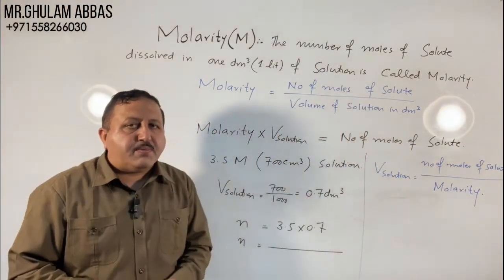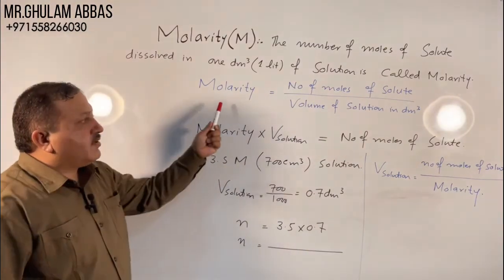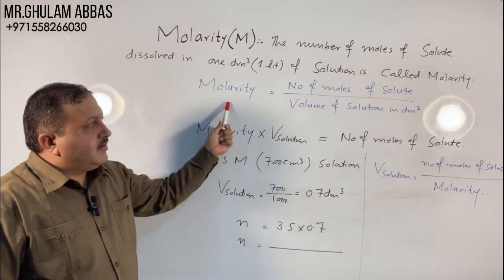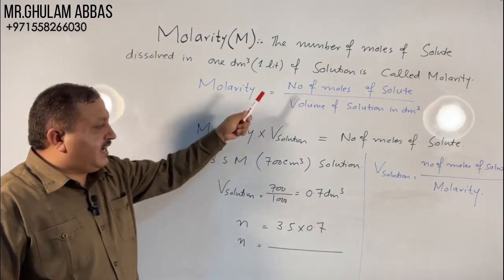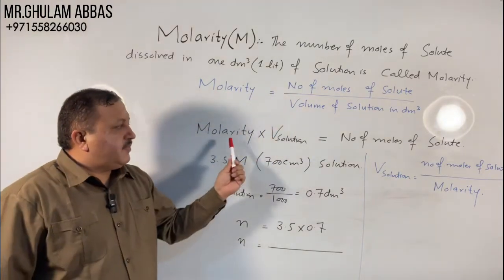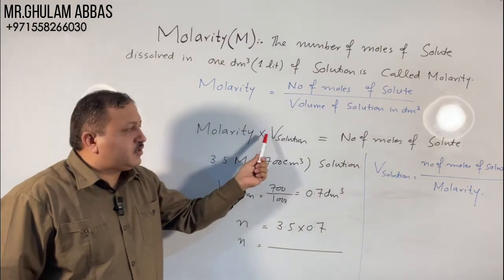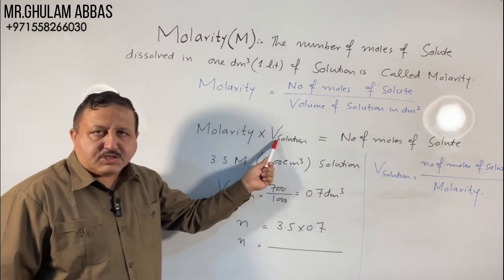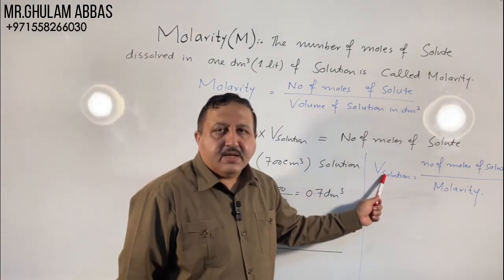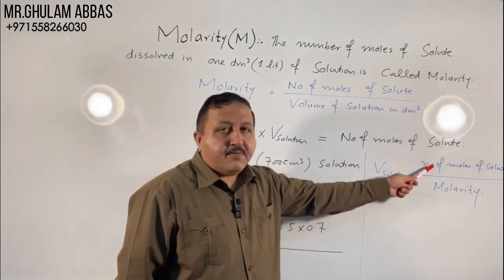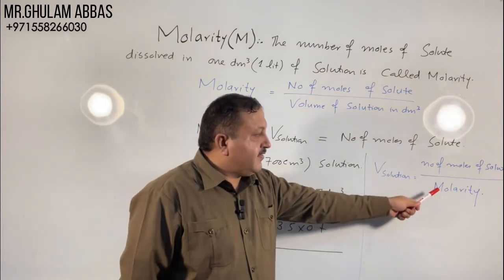So we can calculate molarity by using this direct formula. We can calculate the number of moles by using the formula molarity into volume of solution. And to calculate the volume of solution, we will use the formula number of moles of solute divided by